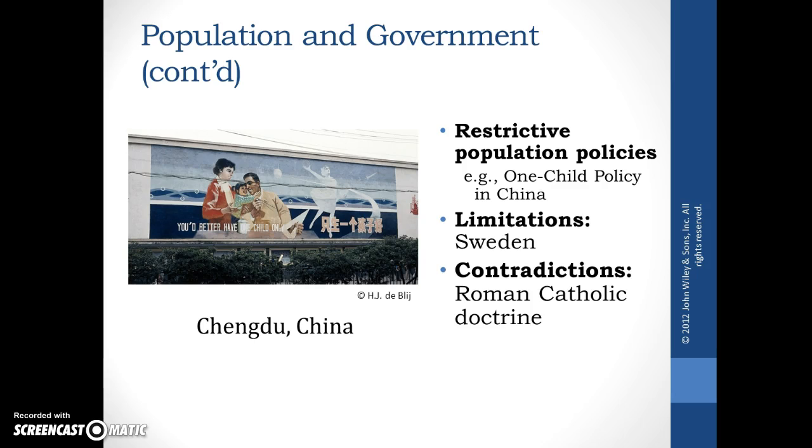Otherwise, the only other way really to go about it is to have your child off the books. By off the books, I mean that you have the child outside of a hospital, typically at home, so your child doesn't have a proper birth certificate and registration paperwork, and then they can't gain access to things like schooling or health care. They can't get a job because technically they don't exist, right? All kinds of things like that.